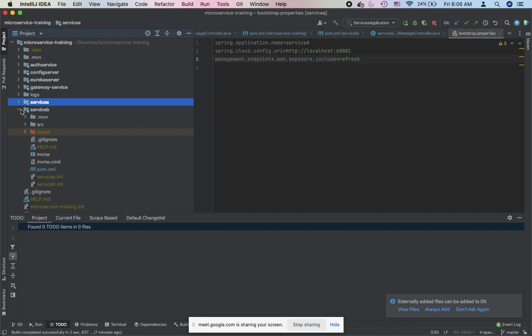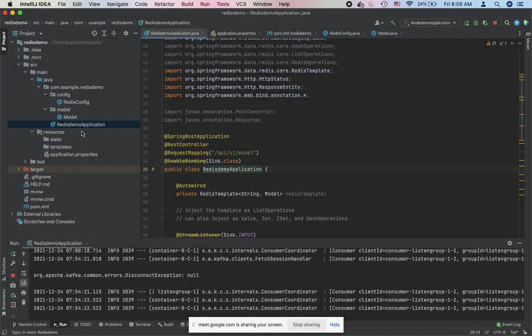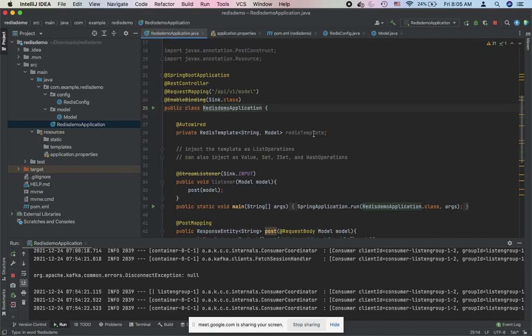But here I think there is a lot of configuration, and somehow it is not working with cloud stream. So what I did, I created a separate application. It is the Redis demo. If you can see, this is doing a similar thing. It is actually the same thing, only